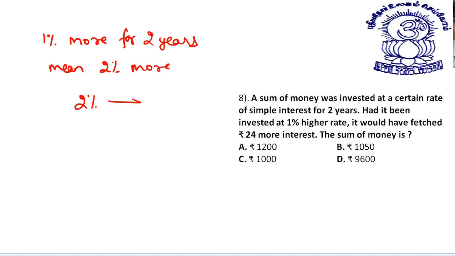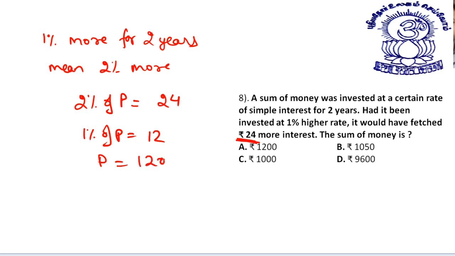So if this 2% of principal is given to us, how much extra interest do we get? We get 24 interest. So 2% of principal is equal to 24. So 1% of the principal is equal to 12, or I can say the principal is 1200. What does the word 1% mean? 1% means 1 per 100. This 1% is equal to 12, so P becomes 1200 rupees. Do we have any such option? Yes. Option number A is your answer, and I'm sure it must be clear to all of you.